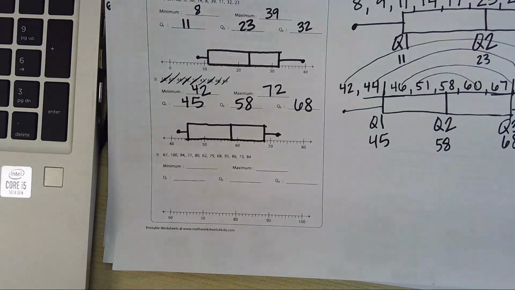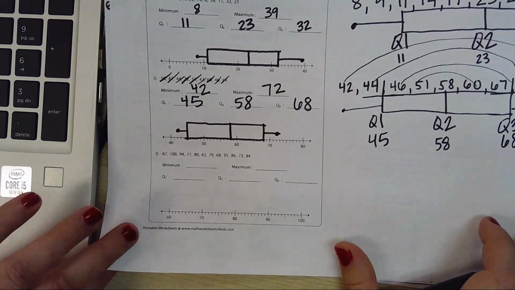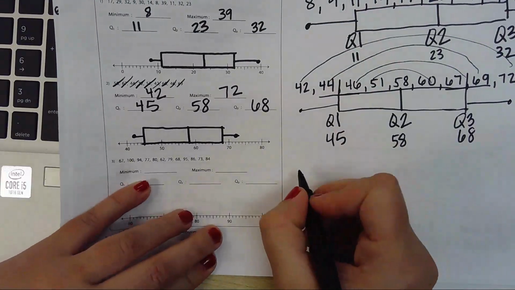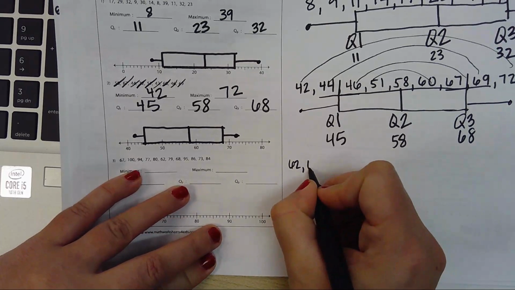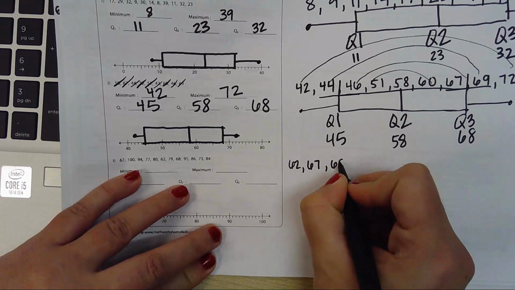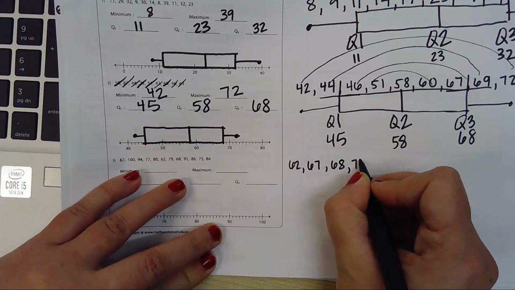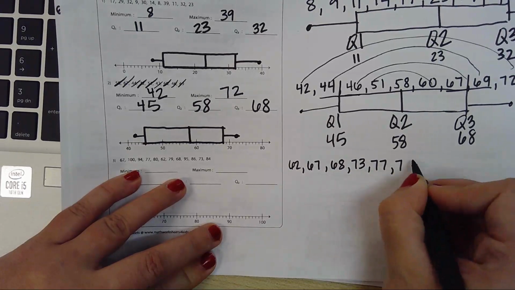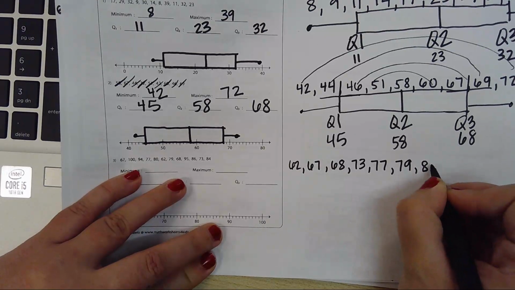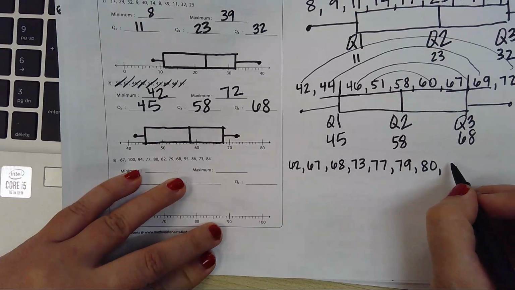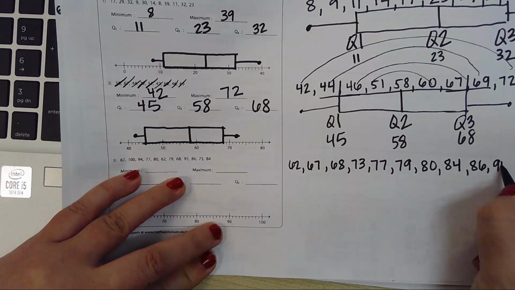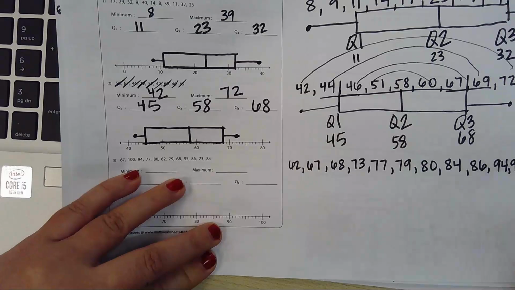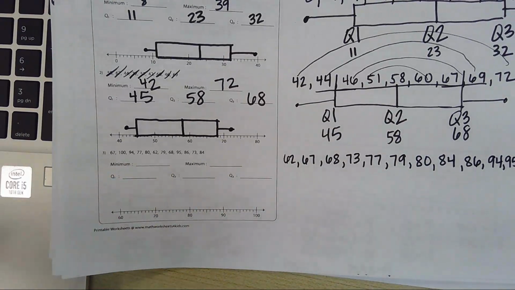So when I'm looking at number 3, my data needs to be put from least to greatest. All right, 62, 67, 68, 73, 77, 79, 79, 80, 84, 86, 94, 95, 100. Now, since I wasn't doing that and I'm going by y'all, I'm at least going to check to see if I have the same amount of numbers